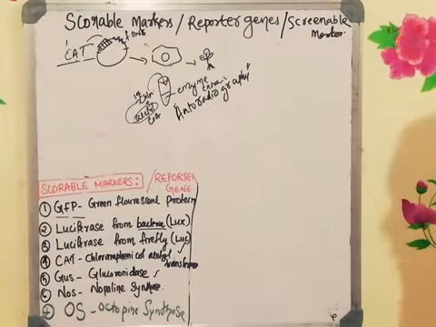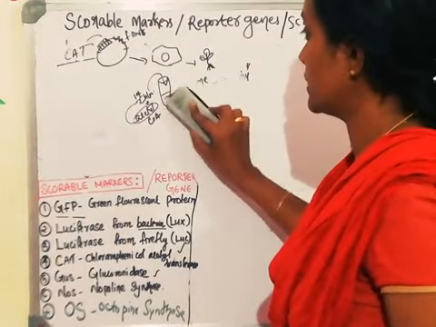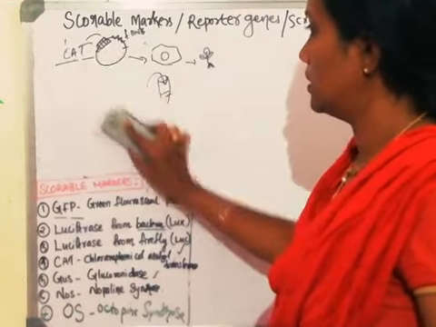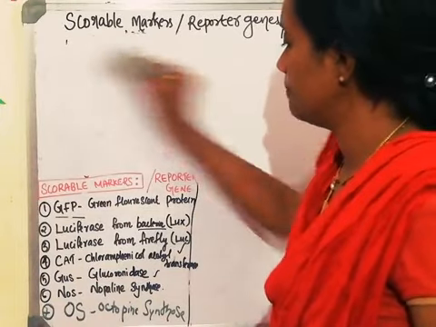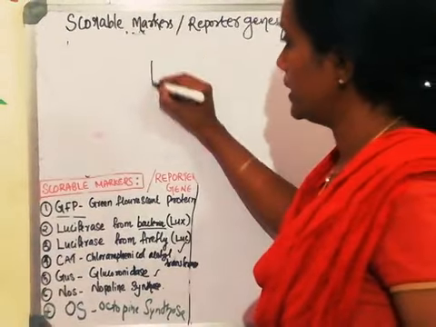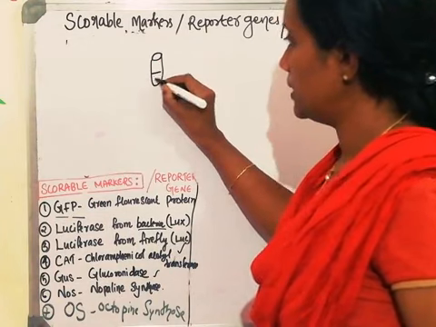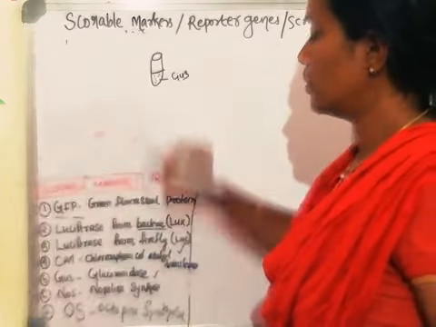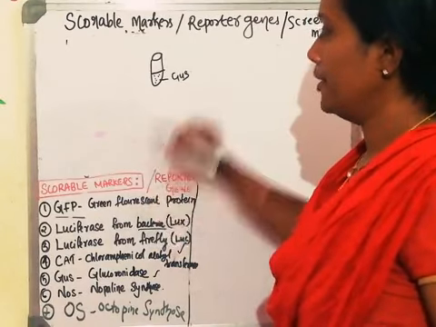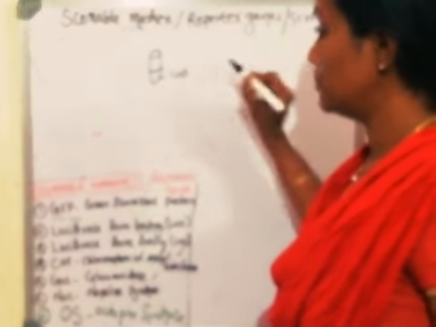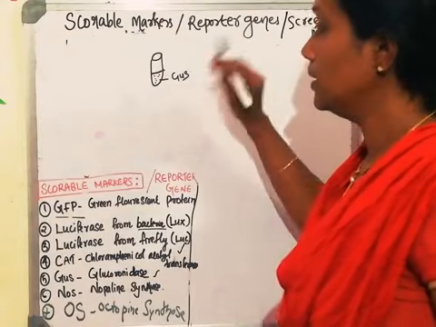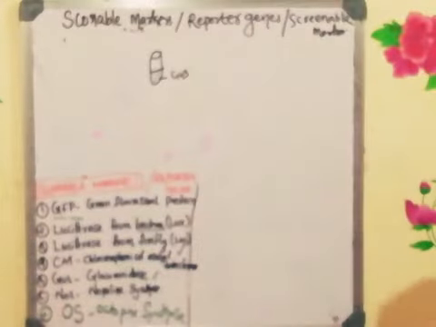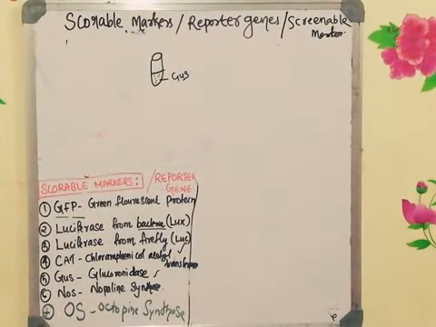You have to make the plant extract. So once the plant extract is ready, what is the selectable marker here? We are using glucuronidase. So you are taking the plant extract. We assume that the plant extract has glucuronidase along with the foreign DNA. To identify the presence of this glucuronidase in the enzyme extract, you have to add the substrate. The substrate which is added is glucuronide substrate.